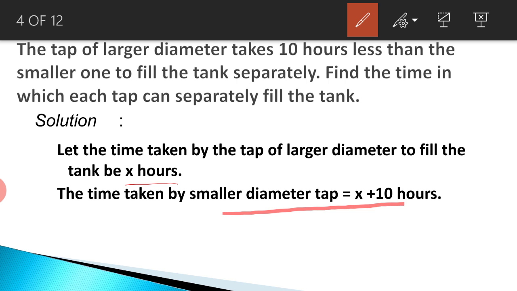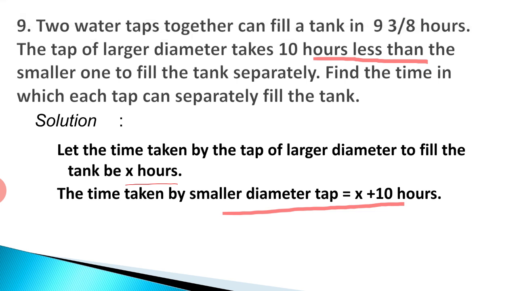It is the same. So instead of just focusing on "less than", how can you express it with x plus 10? That you should see. Is it okay? So what I'm suggesting is that you always assign a variable to the smaller quantity. Then you get x plus 10, which is always better than x minus 10.